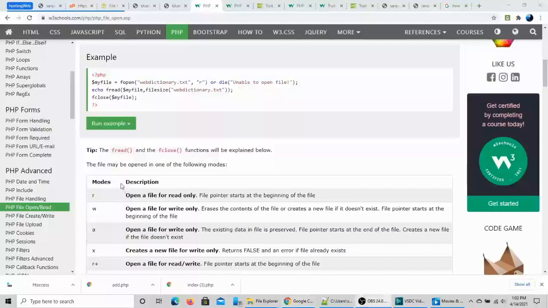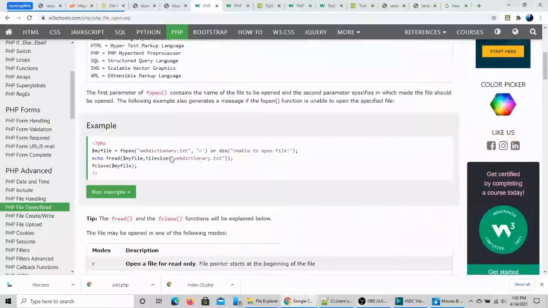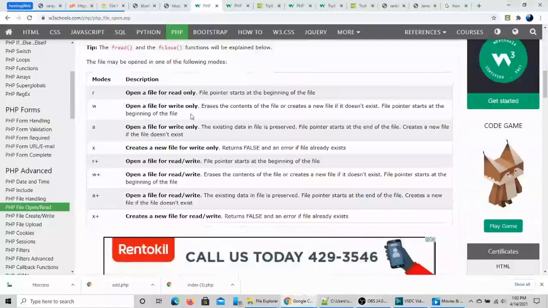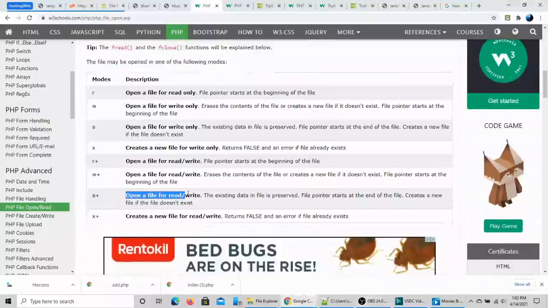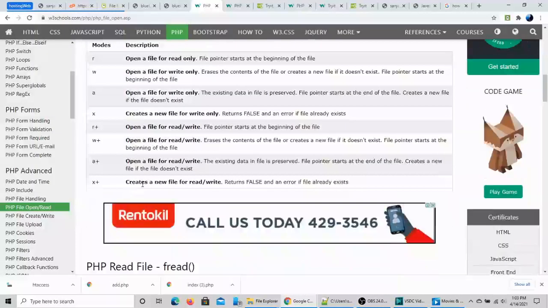In addition, on W3Schools, you can see how to open files. I've just provided a very simple example. You can see different opening modes and what they'll do. So one will erase the contents of the file when you open it. But we want to append, we don't want to erase the contents. So you can probably delete a file this way, I suppose. But yeah,